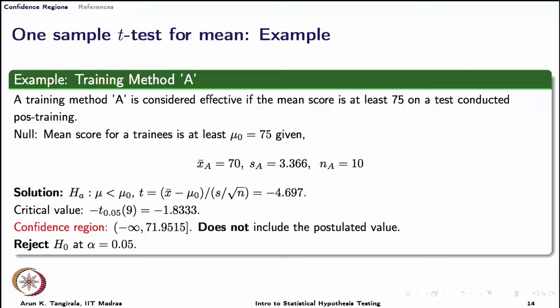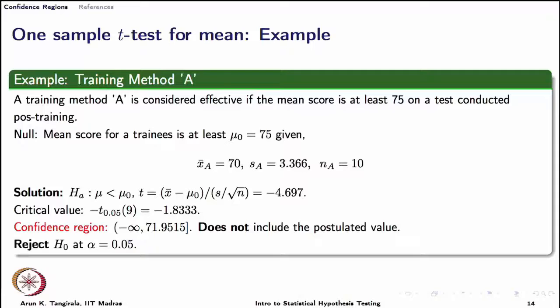In the confidence region approach, we do not really stick to the null hypothesis at all. We just use the data and estimator and construct a confidence region, and now bring the null hypothesis into the picture and ask what is the postulated value. If the postulated value falls into the confidence region, then we fail to reject the null hypothesis. Very simple. So, here there is a subtle but very important difference in the way we conduct our hypothesis